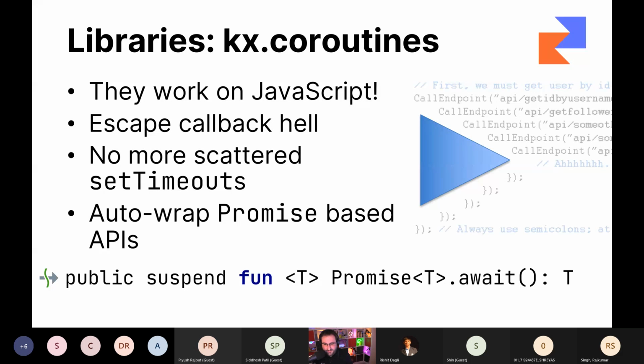Callback hell, or this kind of fallen pyramid scheme, is when you have one callback and then you say, okay, after this callback, call something else, and then after this callback, call something else. Or you have to somehow chain things with then, and you get this really hard to visualize control flow. And I mean, kotlinx.coroutines generally just try to get rid of this problem on all platforms, but on JavaScript, I feel like it's specifically impactful